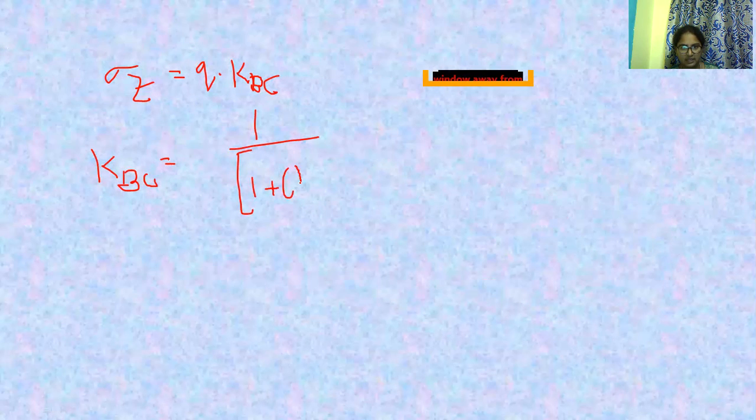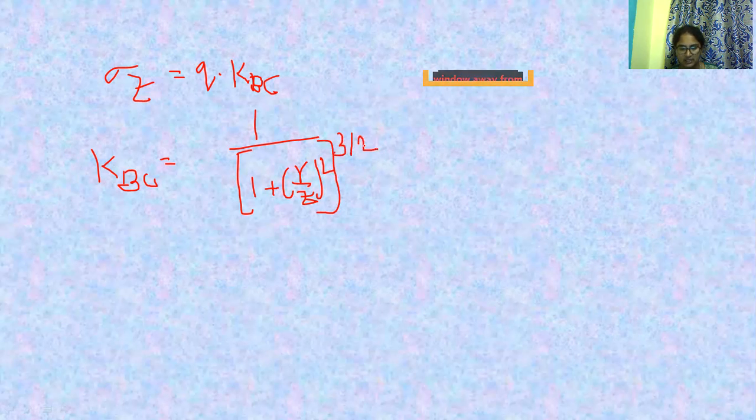K_BC is equal to 1 by (1 plus (r by z) whole square) whole power 3 by 2,